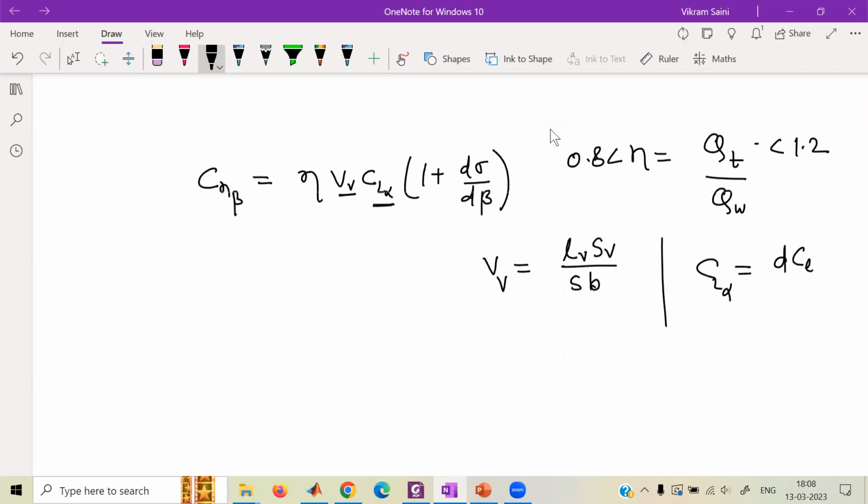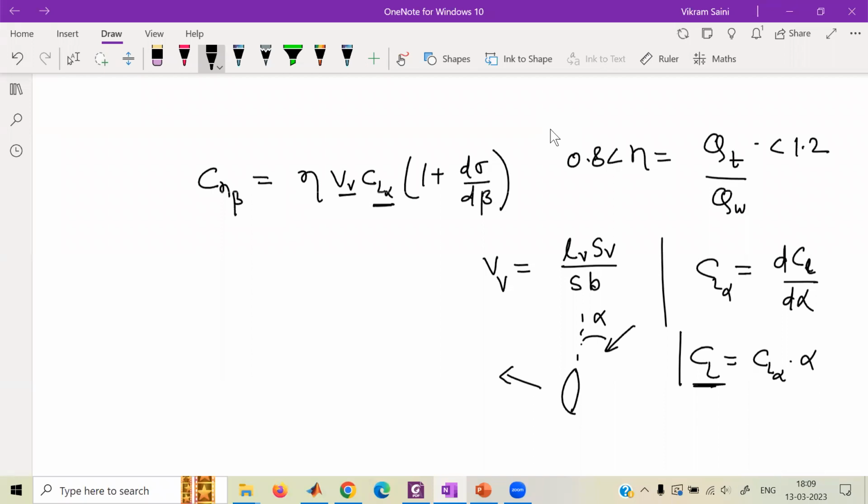Yeah. dCL over d alpha. So let's say we are looking at the vertical tail from the top. So flow is coming like this. There will be some angle of attack, right? Alpha. And there will be a force generated on it because of this angle of attack. So the larger the angle of attack, the larger the CL. The CL is basically CL alpha times alpha. So the larger the CL, the larger the force. That's how it's connected. d sigma over d beta is the